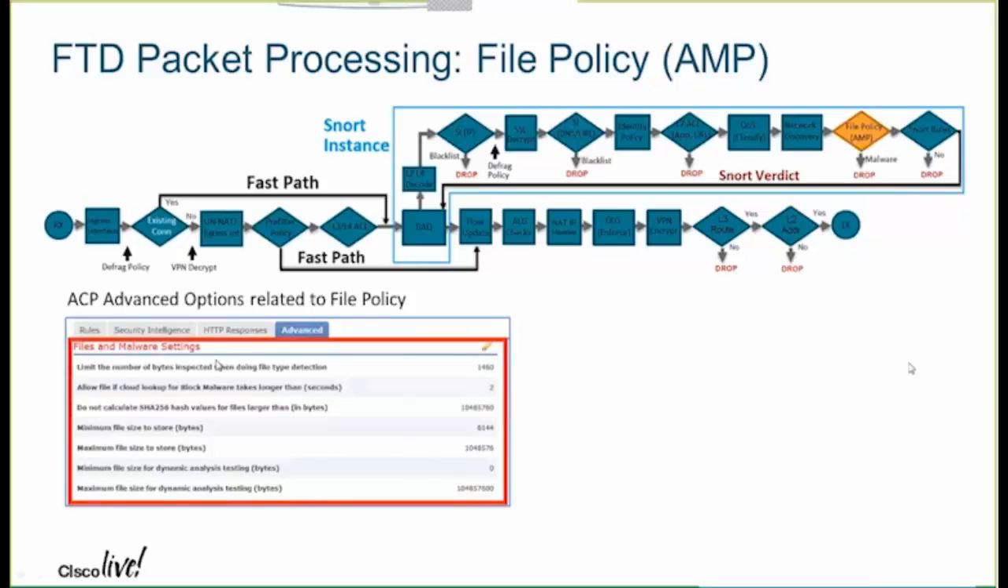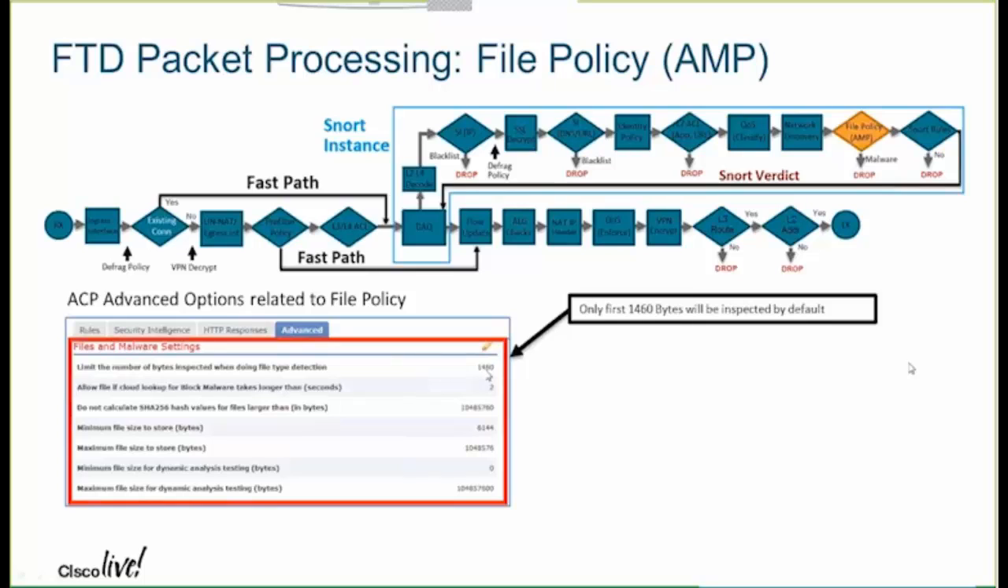So we discussed earlier the number of packets and some advanced options related to file policy. You would find these under your ACP rules, under the advanced tab. As I had mentioned earlier, the settings that we discussed, where we determine the file type based on just the initial 1460 bytes, are all found under the advanced settings of the access control policy under